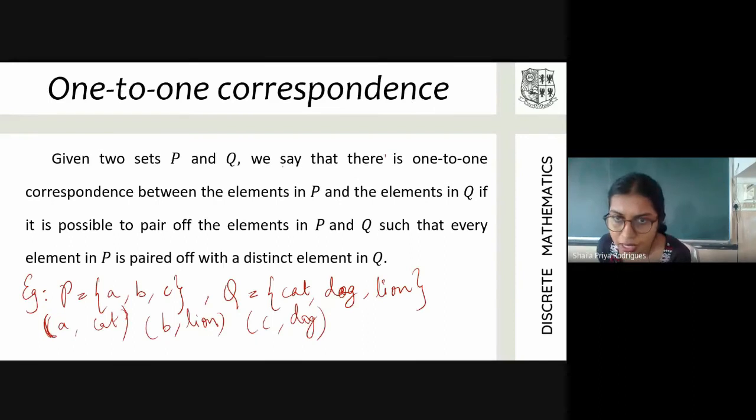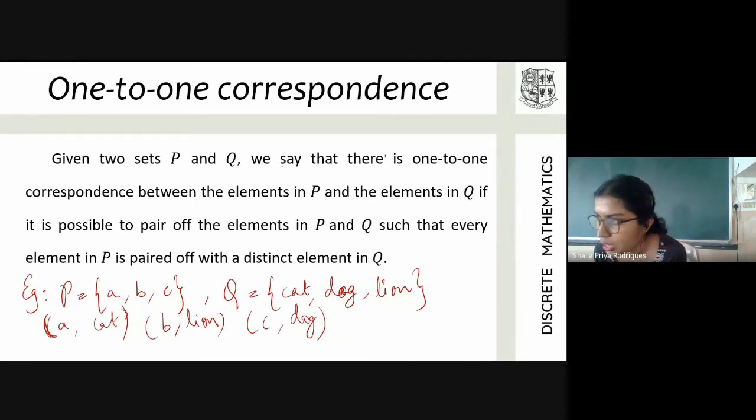We say that there is one-to-one correspondence between the elements in P and the elements in Q if it is possible to pair off the elements in P and Q such that every element in P is paired off with a distinct element in Q. When you're doing this, every element in Q should also be covered. So first of all, when you want to establish a one-to-one correspondence between two sets, you have to see whether both sets have equal number of elements.